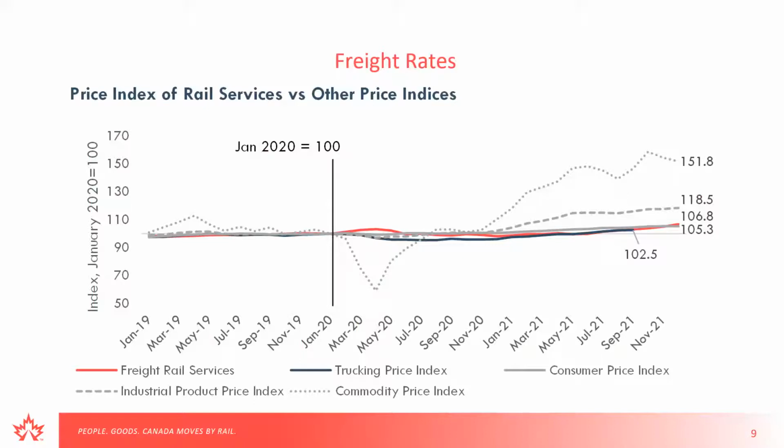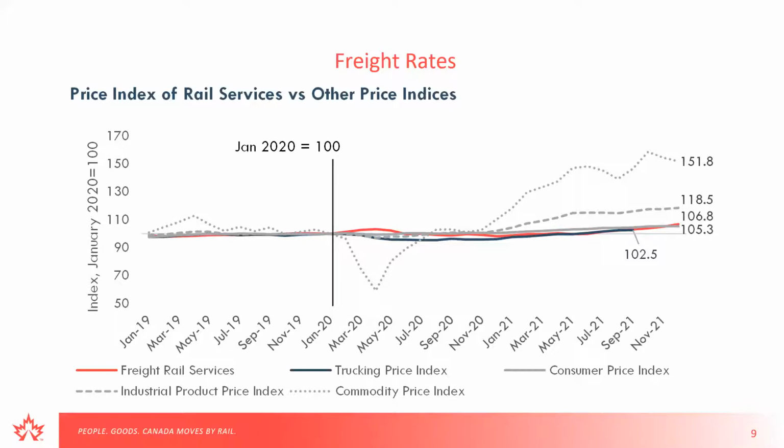Comparing rail freight rates, we can compare them to trucking price indices for hire trucking. And then I like to consider it in the context of other price indices. So consumer price index is well known by the general public, so that's included in this analysis. And then railroads are carrying industrial products, they're carrying commodities. So we have industrial and commodity price indices to see if the products' prices are rising more than the freight rates and just all the relationships there.